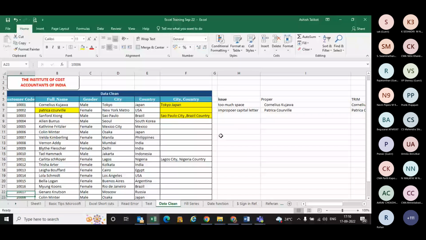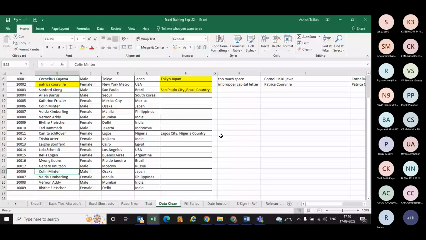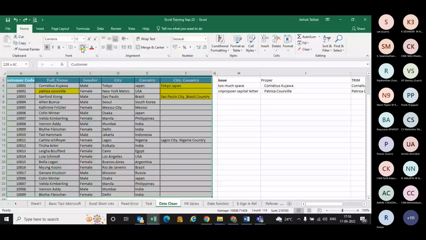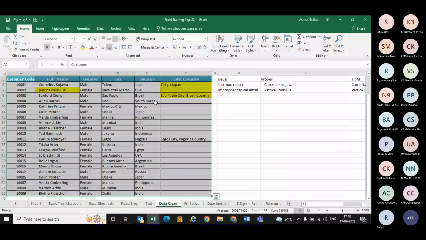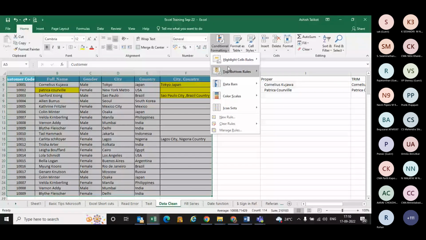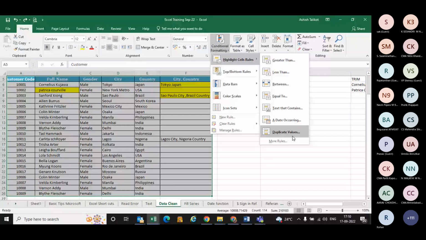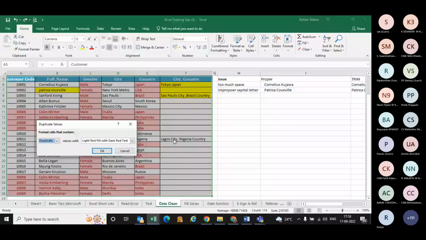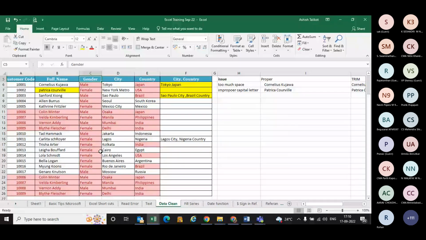Now, if you can see, there are few duplicate names here, like these two are getting repeated. Now, if the data is on higher side, how to find this duplicate? Simply select the data, go to conditional formatting and highlight duplicate value. So these are many functions you can use, but we are currently concentrating on the text function where you can find a duplicate value, and you will see all the duplicate values got